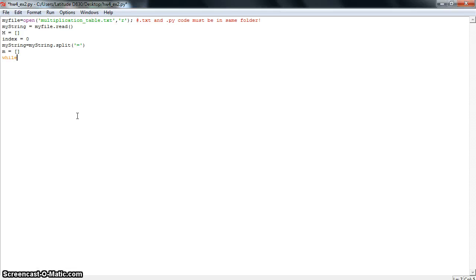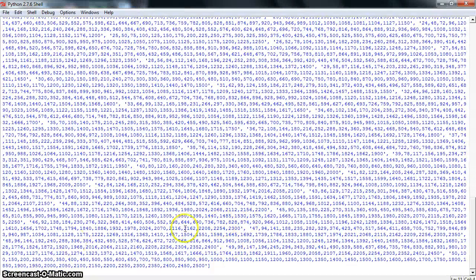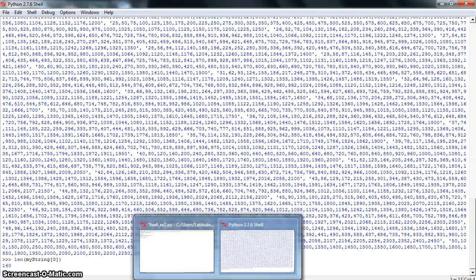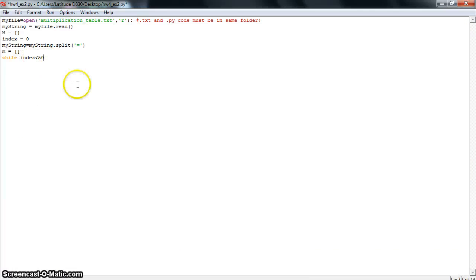And then we'll do while our index is less than 50, because 50 is the length of this thing right here. Well, not myString, but myString. Oh, okay, they're kind of the commas. But what they want us to do is 50 by 50. So that's why we're gonna have index be less than 50. And we're gonna do a for loop. So for elements in myString,